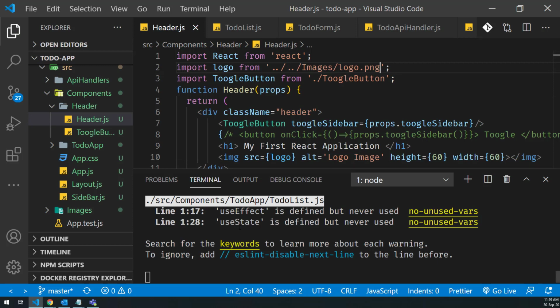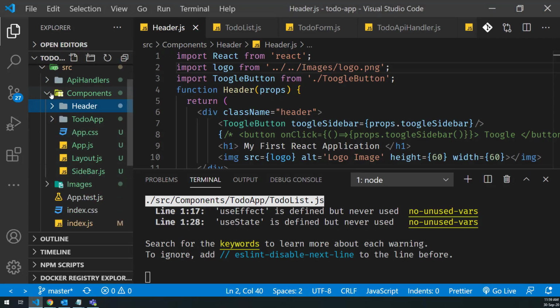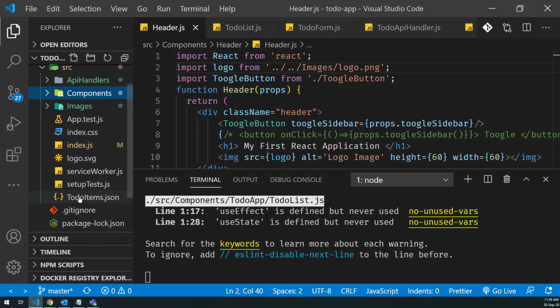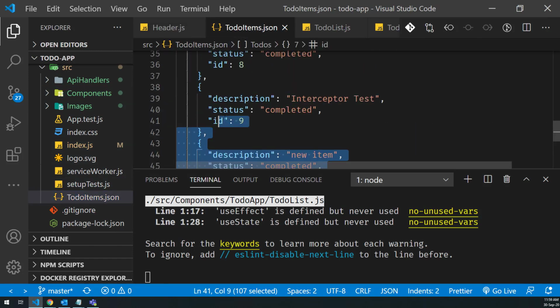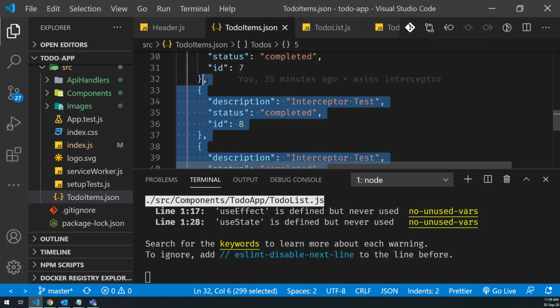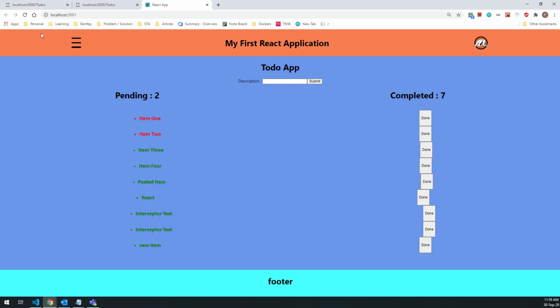And now if I go back to the browser where my application is running, we can see that the application is still running and usable. If I click reload, these are the items that we are getting. If I go back and just remove some items from the JSON file, I'll just remove the last few items, hit save and go back to the browser window, hit reload. So we have these items.